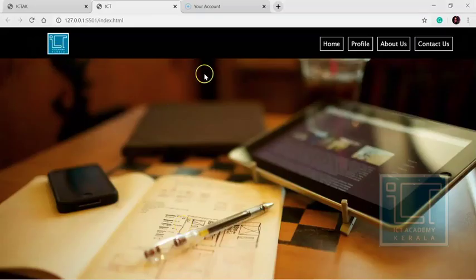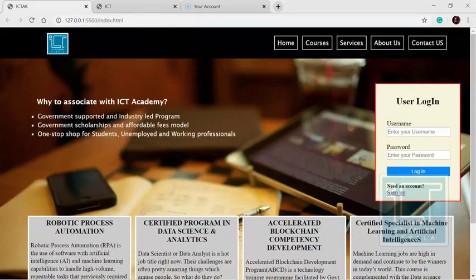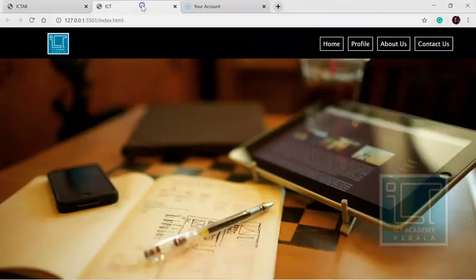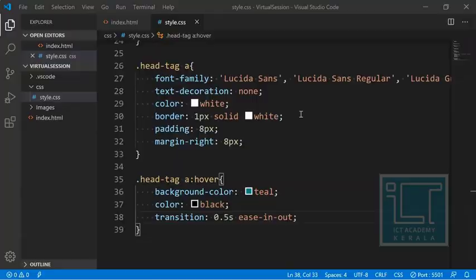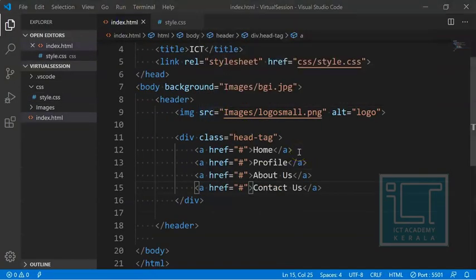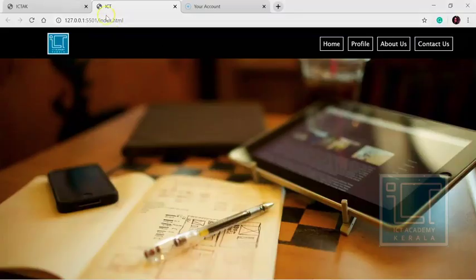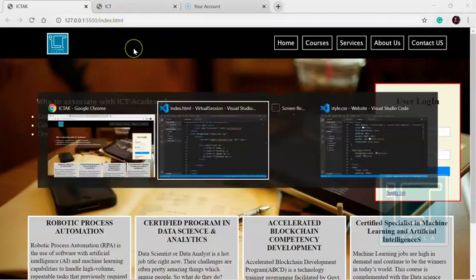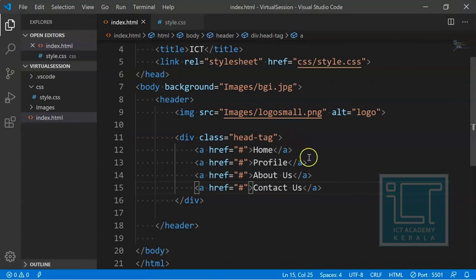Now our header is almost fixed. If you want to give more space, since the original contains 1, 2, 3, 4, 5 anchor tags and here we have only set 4, you can set one more anchor tag to be exactly the same. The extra one is courses, so we can set the courses also.